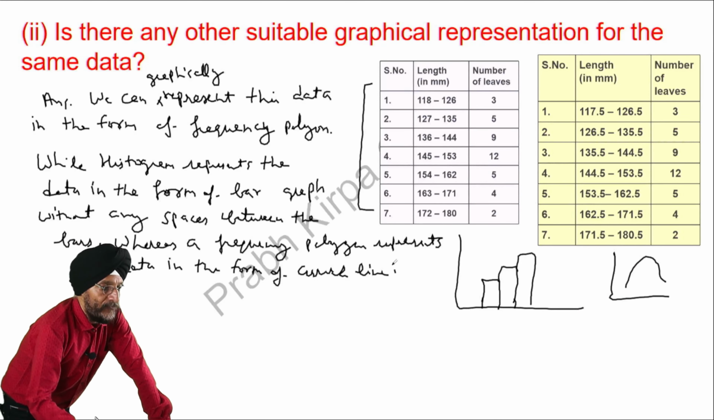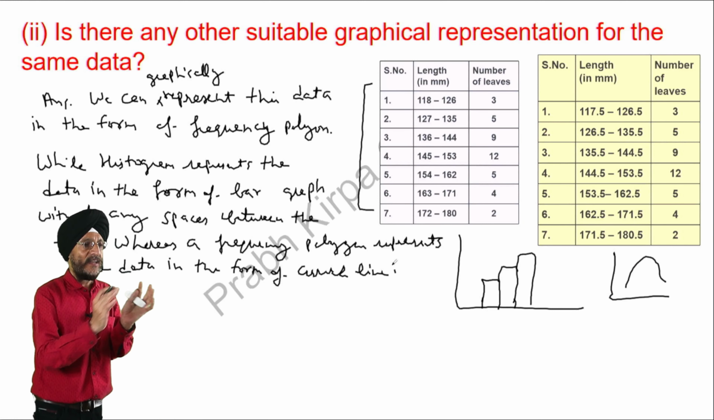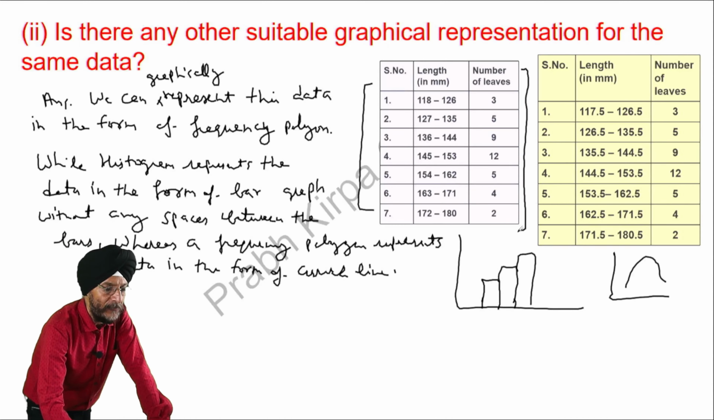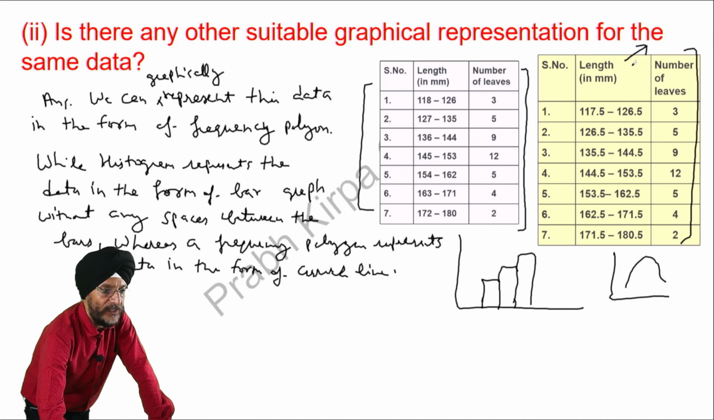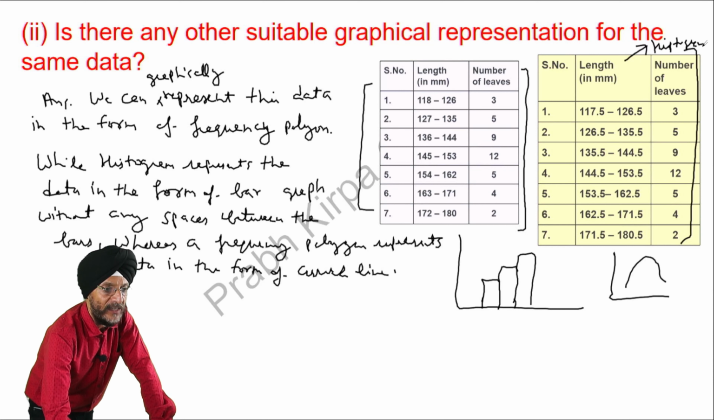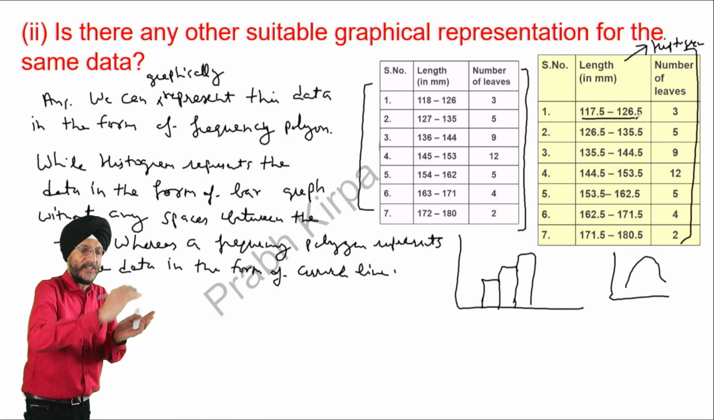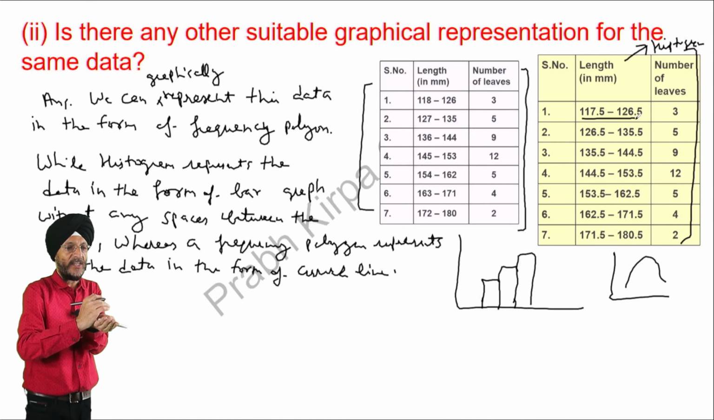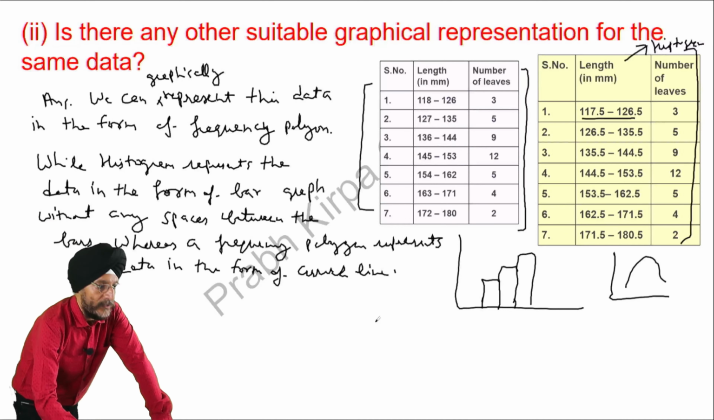Now, the question may also arise, as already discussed, whether we can form a frequency polygon in respect of this discontinuous data, or whether the data has to be continuous, because the histogram is to be made in respect of continuous data. Histogram requires that the data has to be in continuous class intervals. That is, there must not be any gap between class intervals. The answer is that